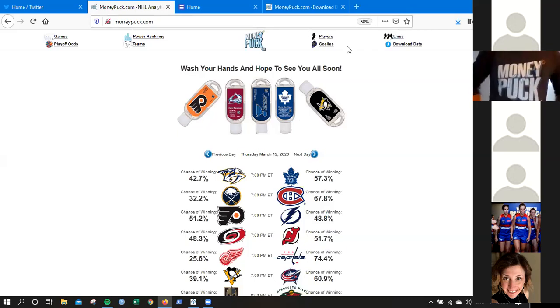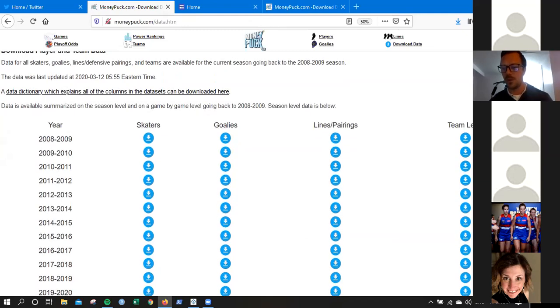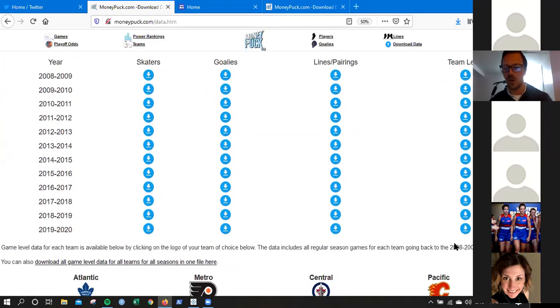So I'm standing for MoneyPuck in my MoneyPuck shirt today. Peter Tanner runs this website, and he provides a ton of data that you can use for analysis and to make viz as well. And so that's where we're going to go today. It's in the zip file, as Alyssa mentioned, but if you don't see that, or if you want to follow me, we're just going to go grab team level data for the 2019-20 season. But there's, as you can see, just a host of data that MoneyPuck makes available for you to do work. Okay, so